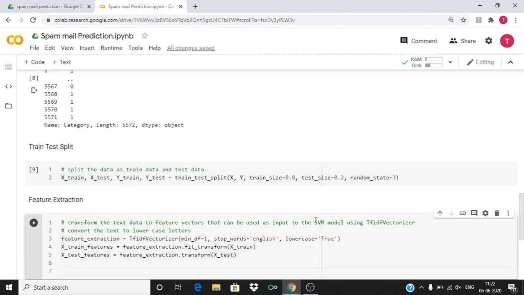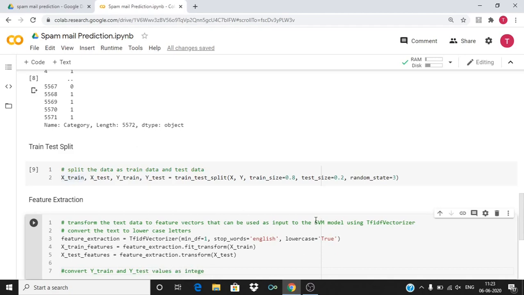Now we have to convert the ytrain and ytest values to integers, because 0 and 1 can be recognized as strings, but we need them as integers. So we need to change the data type of these.